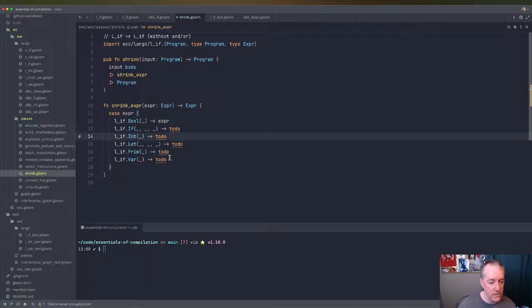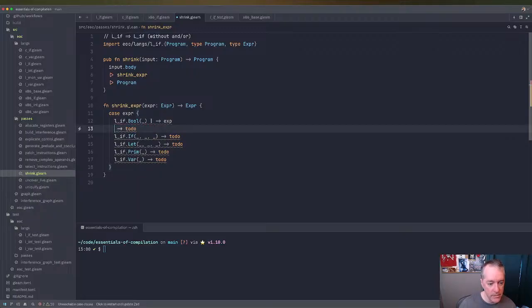Oh yeah, here's int. Let's put the literals up together. Let's combine those two. Okay, so if it's a literal, we don't do anything. If it's conditional, then else. What we're going to do is